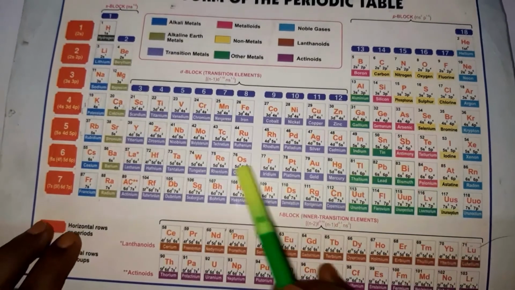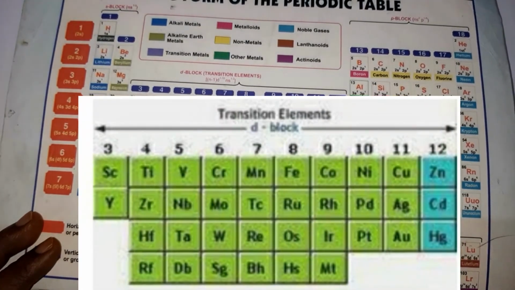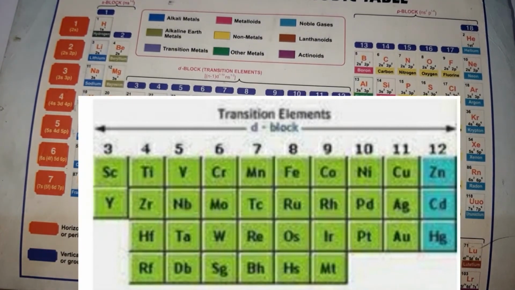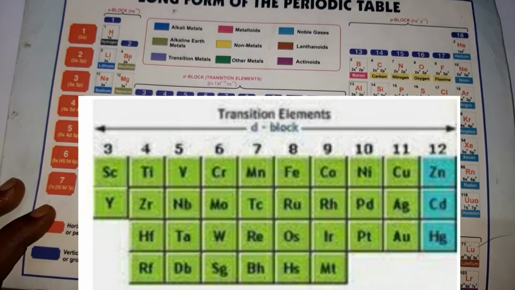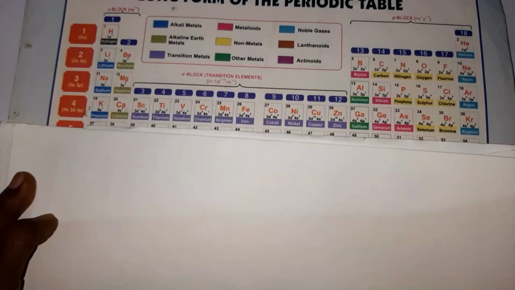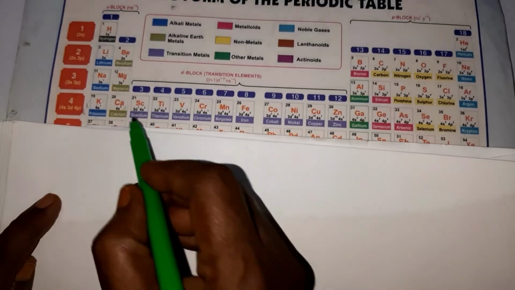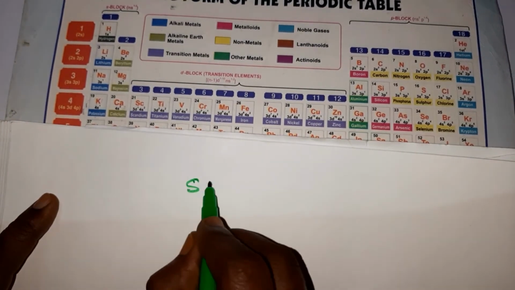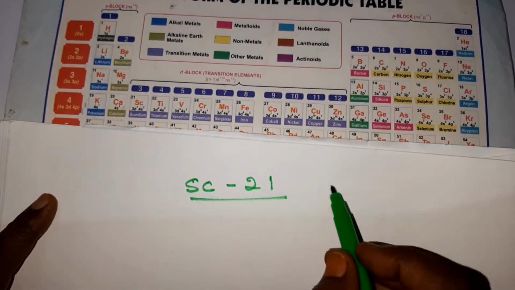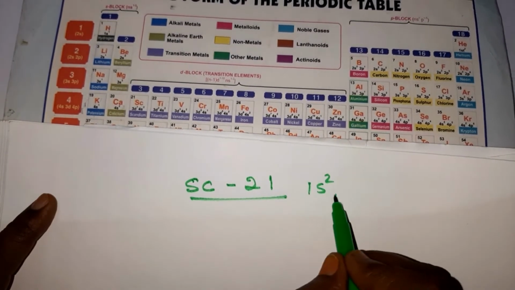The next elements in the periodic table are from the 3rd group to the 12th group elements. We call them transitional elements. So what are transitional elements, children? The best definition for a transitional element is that it has at least one ion with an incomplete subshell. For example, if you take scandium, children, scandium's atomic number is 21. So if you write the electronic configuration, you write 1s2, 2s2,